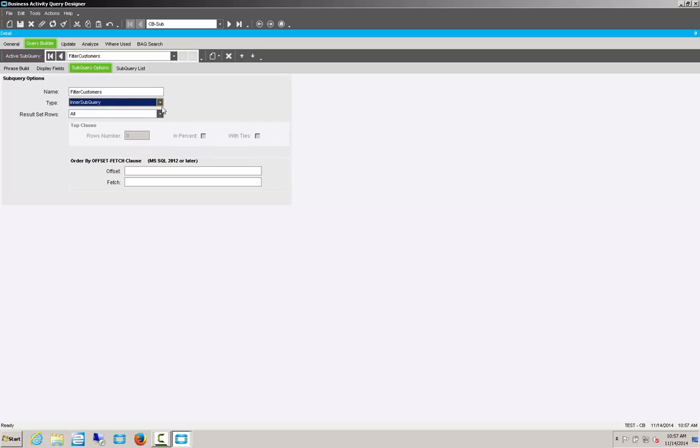There are other options available here. There are options which are all, which returns all data without restrictions. Distinct, which will return only distinct rows or unique rows based on the data that's in it. The top, which will display a certain number of rows or a percentage of the rows depending on how you select it. Or distinct top, which combines both the distinct and the top clauses. If we were to select the top, you can do it by the number of rows or percent. If, say, we want to do an offset,